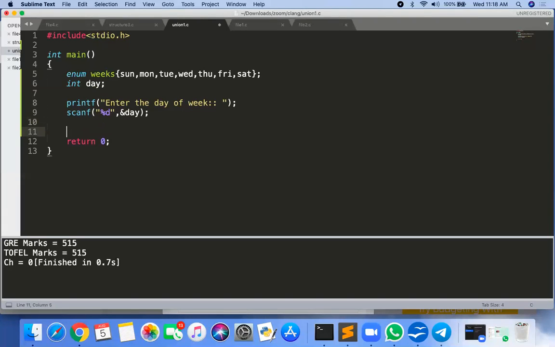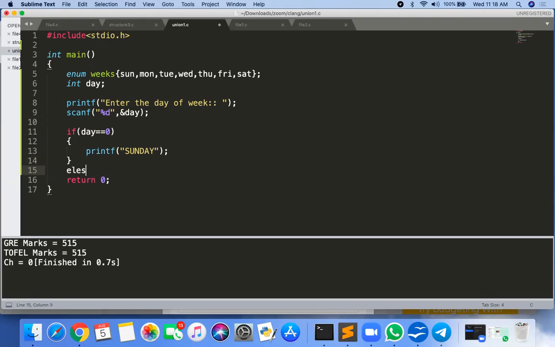Okay, so if I want to print the day of the week, like the user has entered 2, I have to print Tuesday there. So what I'm doing here, in a simple way, I can do: if day equal to 0, then print Sunday.